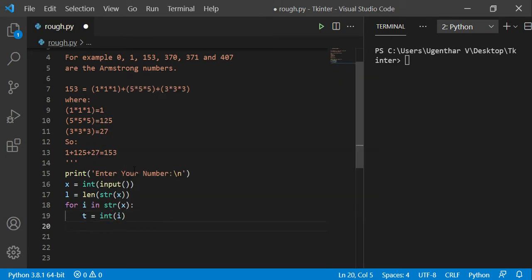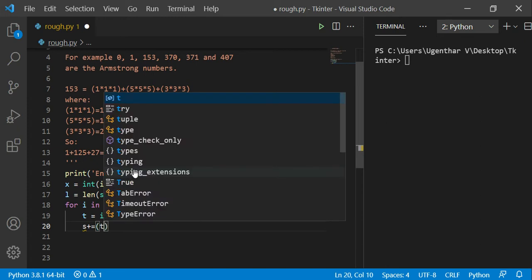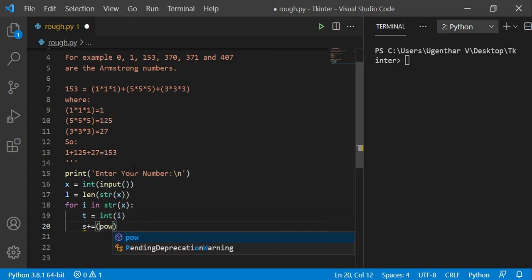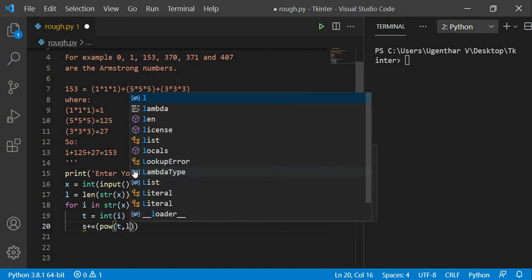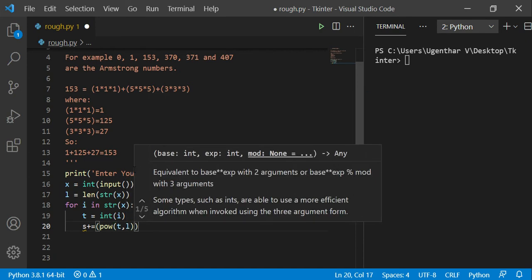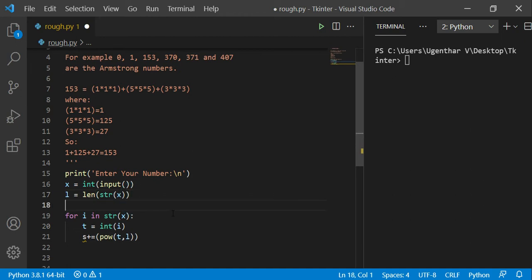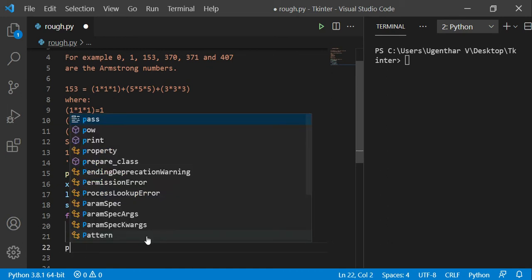Now I am getting each digit here, and I am going to add s plus power of t comma the length L. S is the sum. Each and every time it will be added up, and at last we will get yes.